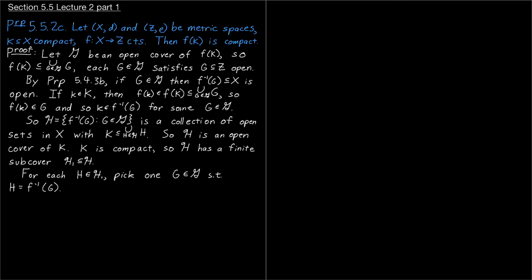There might be a bunch of different G's such that f inverse of G equals H, but you just pick one of them. And let's let G1 be the collection of those G's. Then G1 is a subset of the cover,